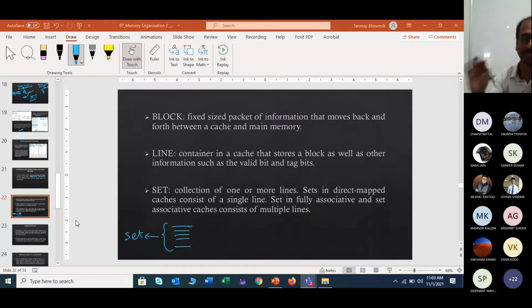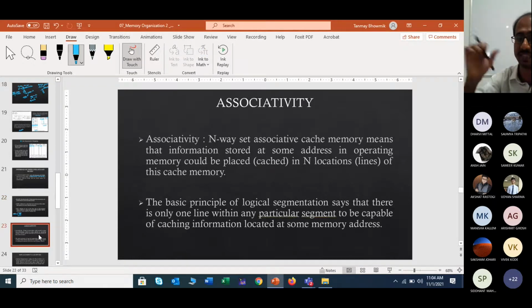So block, line, and set, and then we go to the part which is associativity. It is not a different thing or any big point. In the case of set associative mapping, we observed that there may be some number of sets. In the example we discussed, there were two sets. We also discussed that the more sets it includes, the more data coverage there will be for the cache memory mapping technique. So associativity is from that point of view.